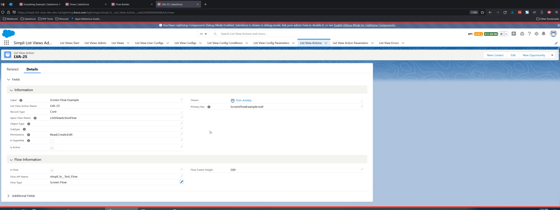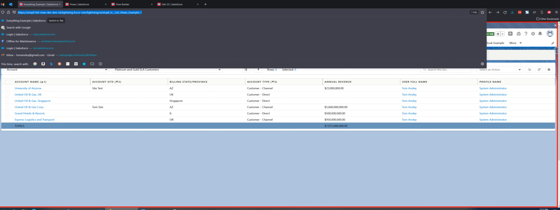Once all that information has been provided, assuming that your object type, permissions, everything are working correctly, you can see there is no object type, so it's going to be available to all objects. Depending on the flow, if it was specific to contacts, for instance, we could set that. But anyway, now we go into our